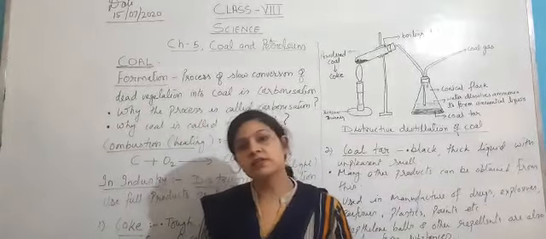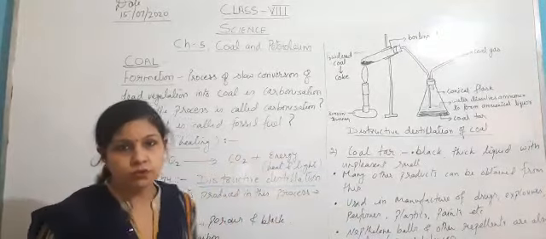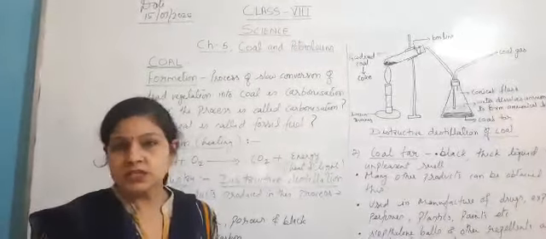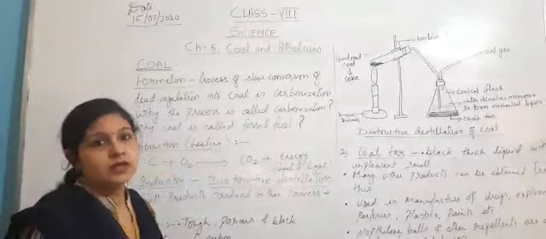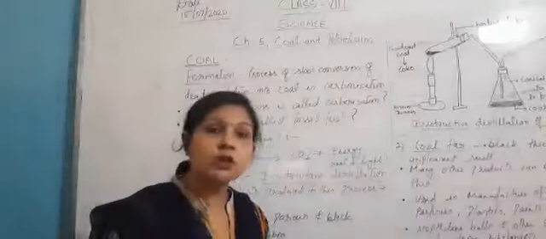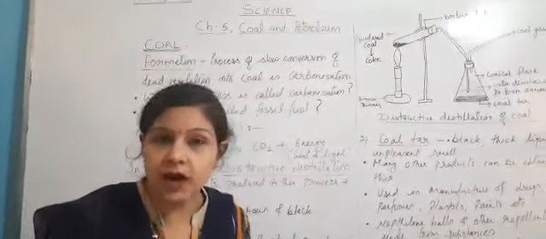Now in this video we will find out how coal is formed. What is the process known as? Basically, I already told you that coal, petroleum, such kind of things are found deep under the surface of the earth. So how is the coal formed? Coal is formed by the process of carbonization. Okay, the coal is formed by the process of carbonization.